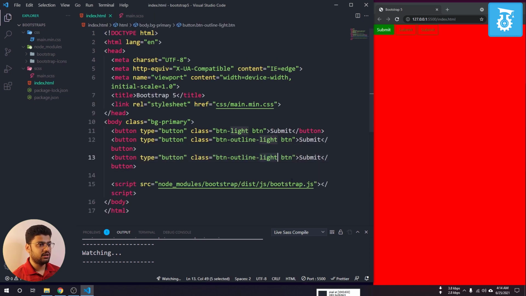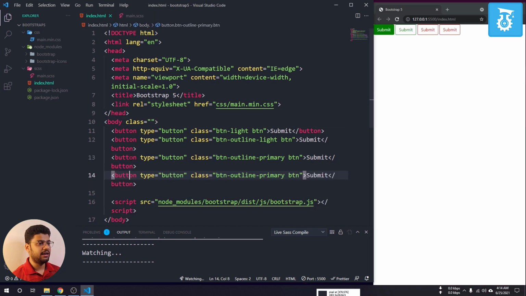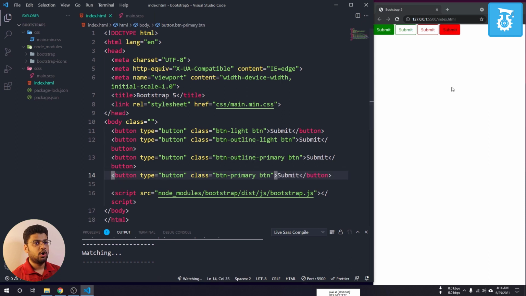Like if I write here primary, and I want to change or delete this from here, actually it doesn't look good. So you can see if you do it one time, it will work everywhere. Where you use primary, everywhere it will change. So this way you can work with Sass, and however you want to do something you can do it in a very easy way.